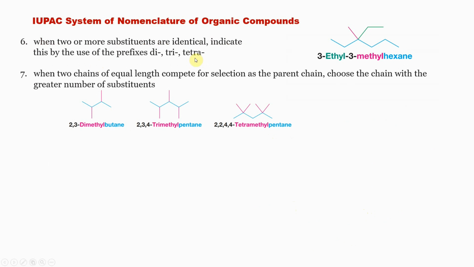When two or more substituents are identical, you can use the prefixes di, tri; we saw dimethyl. When two or more substituents are different, as here, you give the same numbering, but you end up writing ethyl before methyl. When two chains of equal length compete for selection as the parent chain, choose the chain with the greatest number of substituents. What it means is, now two chains are long. You can choose a longer chain. If one has many substituents, you need to choose the chain where many substituents are present. For example,